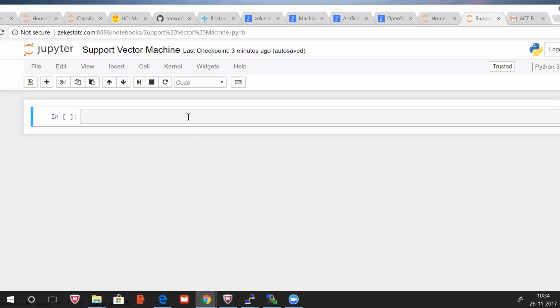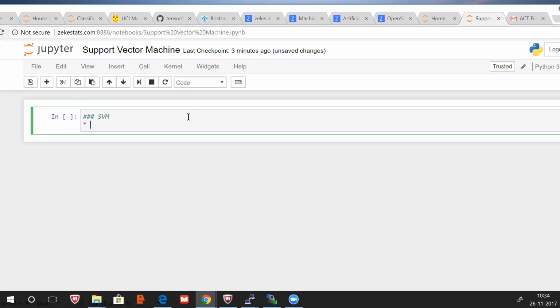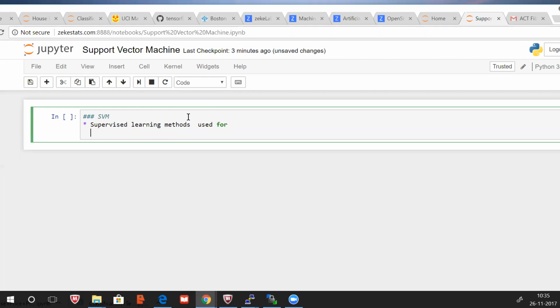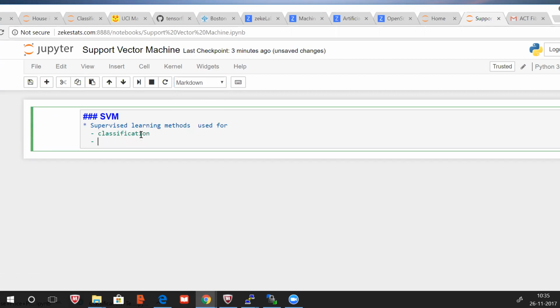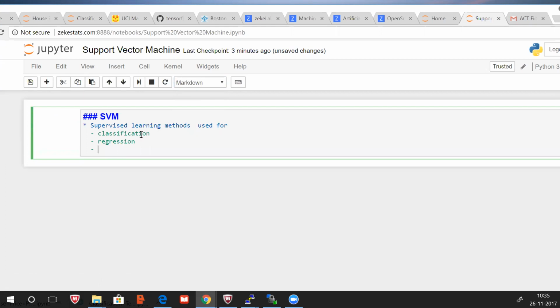Okay. So what is a supervised algorithm? What is a support vector machine? It is a supervised algorithm. Supervised learning methods. Used for classification, regression, and